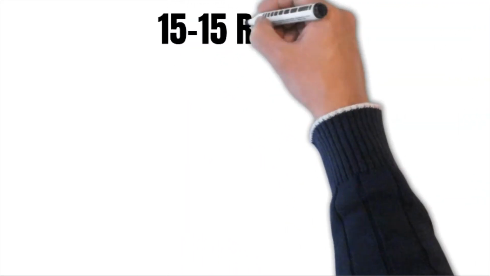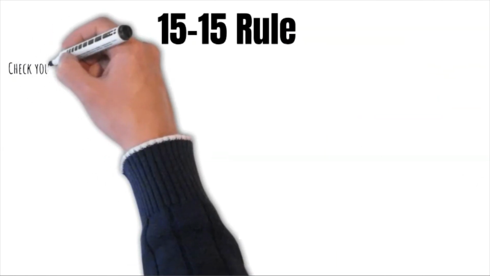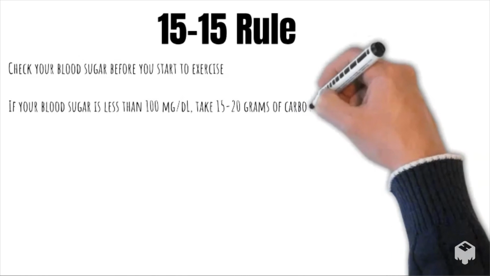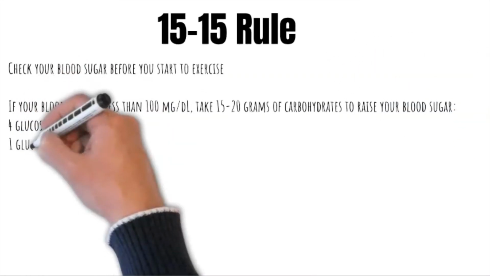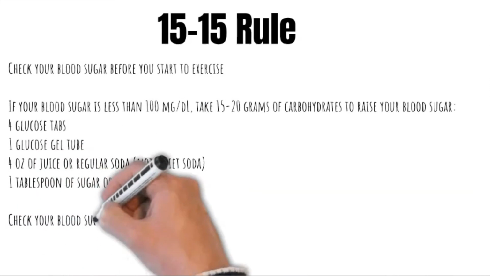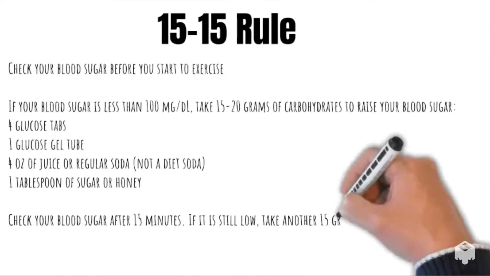Okay, so now let's talk about the 15-15 rule. You want to make sure you're checking your blood sugar before you start to exercise. If your blood sugar is less than 100 milligrams per deciliter, take 15 to 20 grams of carbohydrate to raise